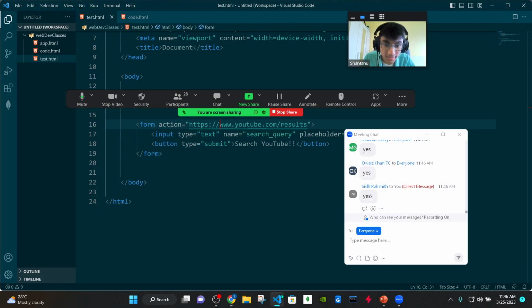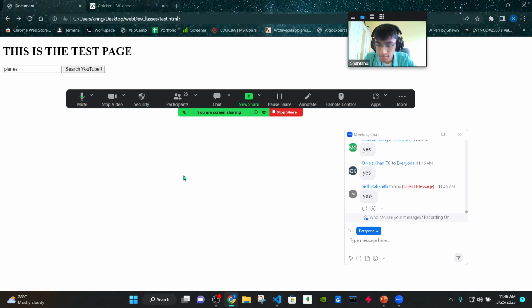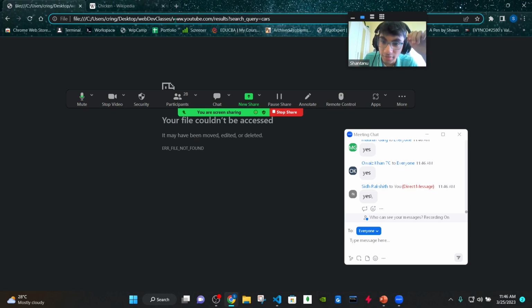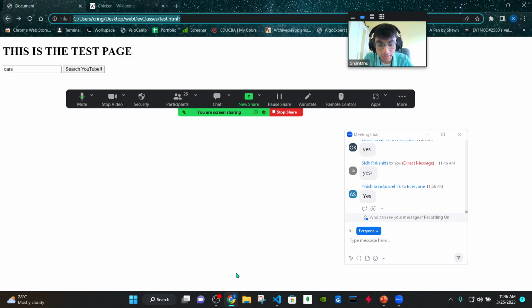And I'll just clear the doubt. If I remove HTTPS and I just write www.youtube.com without changing anything else, you can see that it's not going to work. If I write cars, it's going to take me to www.youtube.com/results and then search query equals cars, but this is not what we want because this is our file system. You can see over here, this is local. We don't want it to be local. We want to go to the actual YouTube website. So that's why we write